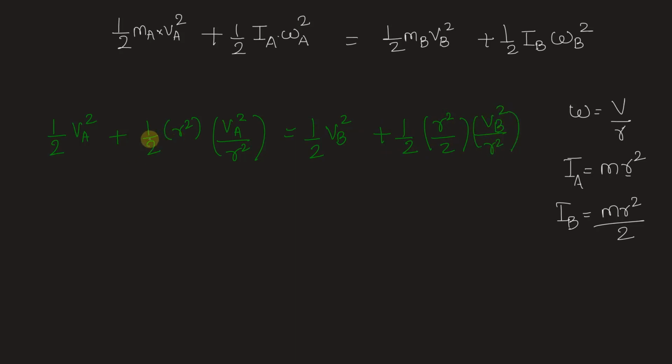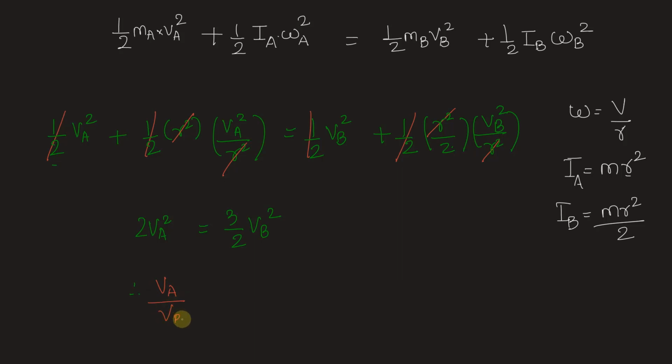I have taken m common from both the terms on left hand side as well as right hand side and cancelled it. Let's also cancel half from all the terms. We also have r square by r square as 1, r square by r square as 1. Finally, we are left with 2VA square is equal to VB square plus half VB square gives us 3 by 2 VB square. Hence, we can write the relation as